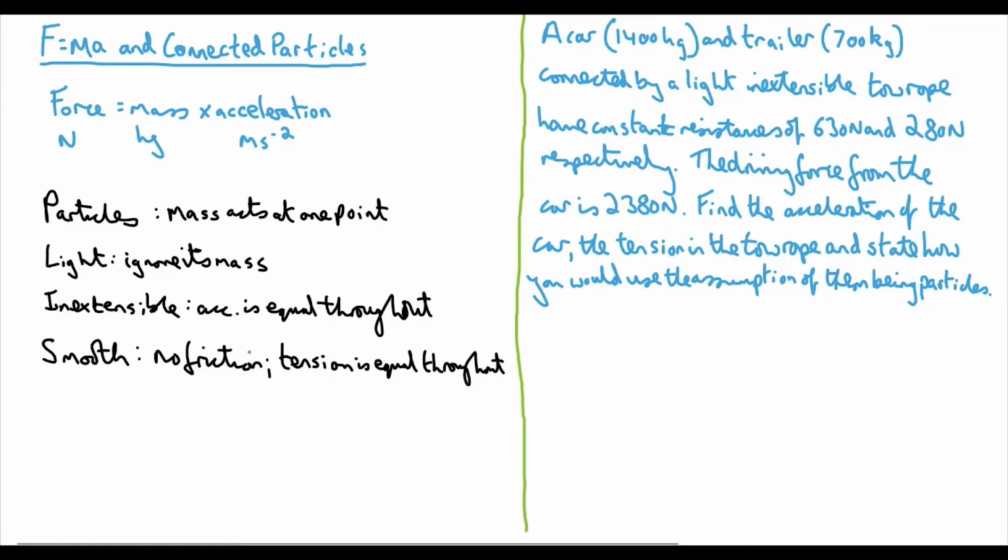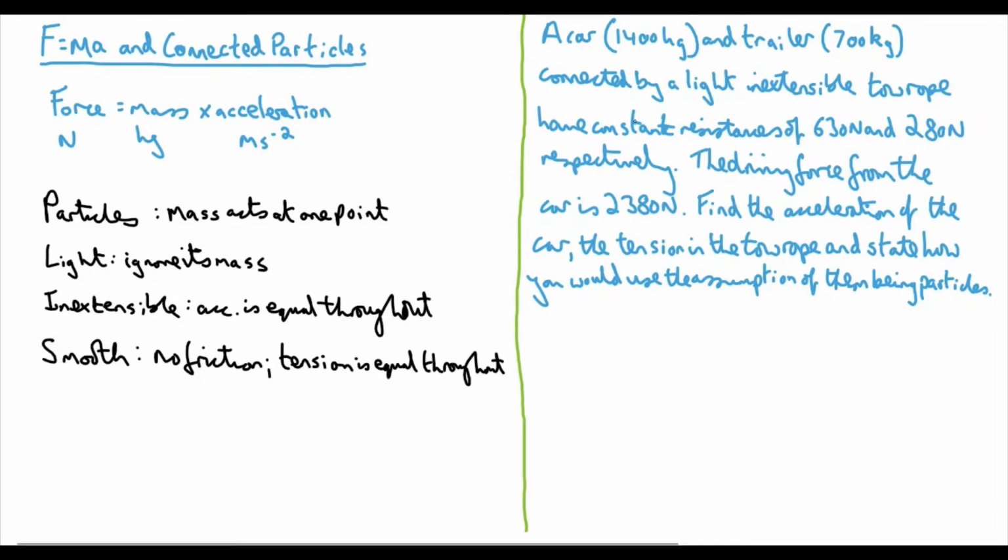For now then, if we're just appreciating what these words can mean, just these mathematical caveats that we can have just to make our lives a little bit easier when doing these equations, let's just look at how we can model connected particles then. In the scenario here on the right, we have a car of 1,400 kilograms and a trailer of 700 kilograms connected by a light inextensible tow rope have constant resistances of 630 newtons and 280